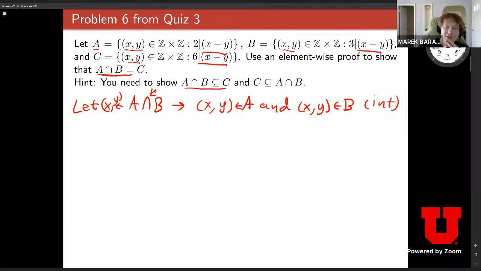So if we look at just XY being in A, that means